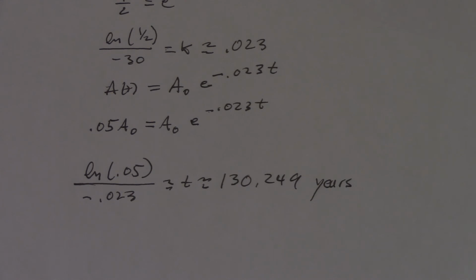Textbooks love problems like this because the half-life is a reasonable time. 30 years is reasonable. The half-life of some of the more recent radioactive elements that we've discovered is like almost nanoseconds, so it's kind of unreasonable to use. Or the half-life of uranium-235, another example, is about 700 million years. It would be unreasonable to do a problem in a textbook with something like that because the decay rates would be just ridiculous. All right, I'll stop here.